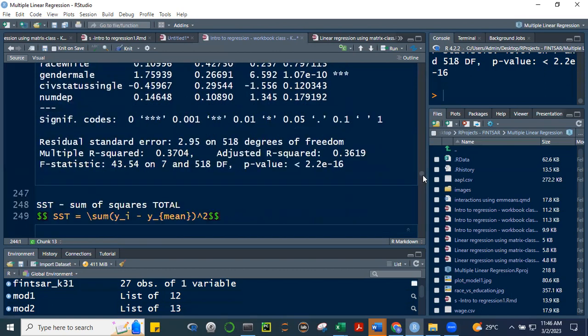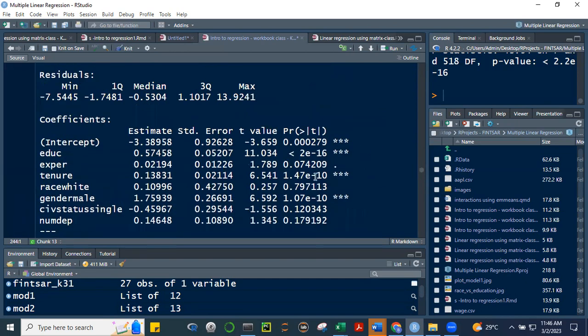All right, and then the null hypothesis here is that beta null is equal to beta 1 is equal to beta 2, that is equal to beta 7, di ba? Okay, and we reject that null hypothesis. We're saying that there is a strong statistical reason to believe that at least one of the values ng beta null hanggang beta 7 is not equal to 0.